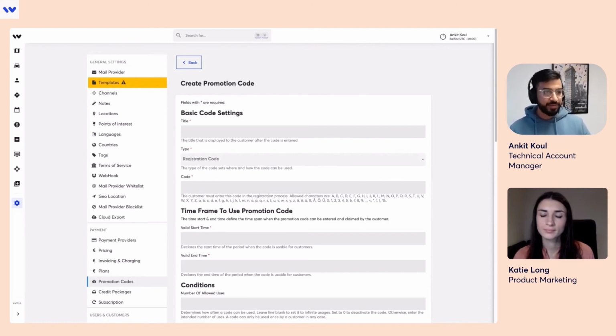This is a very good option for our operators. So you can create a promo code, and currently we have 4 types of promo code in our system.